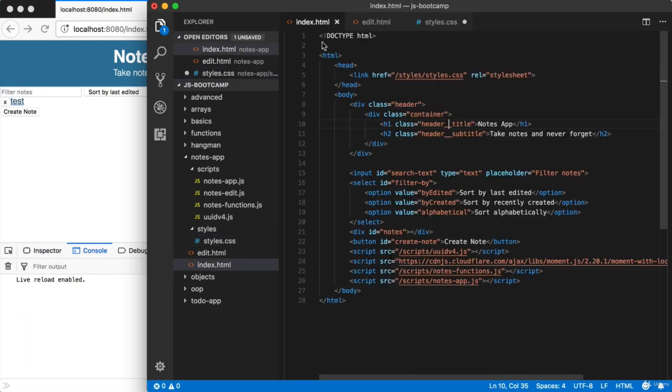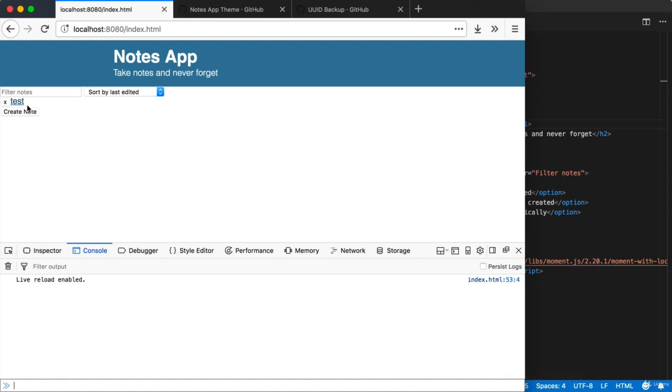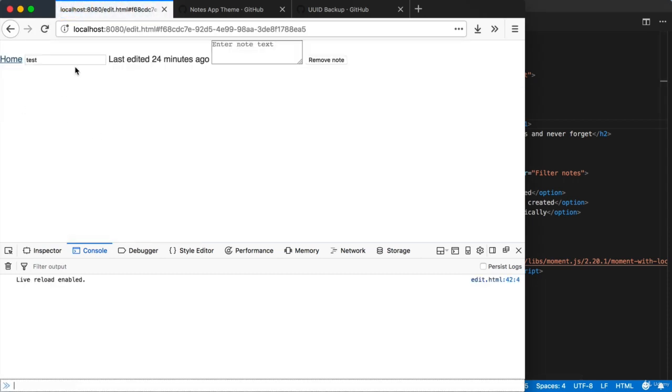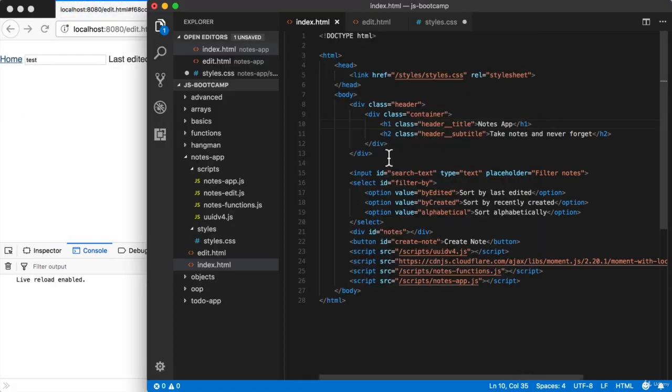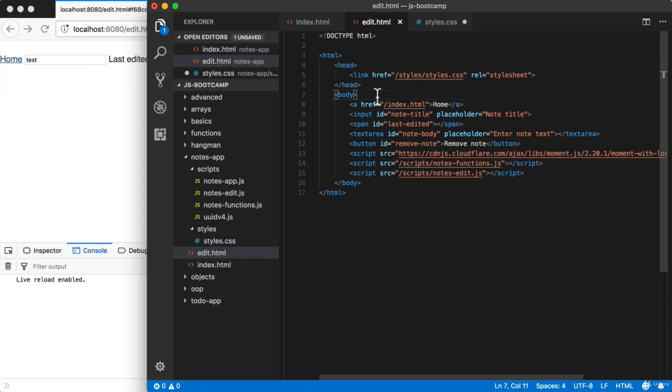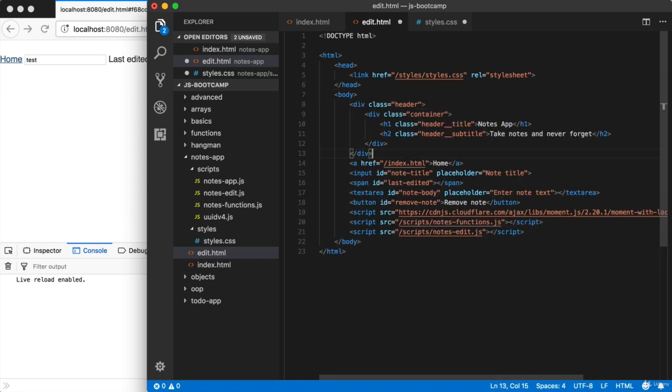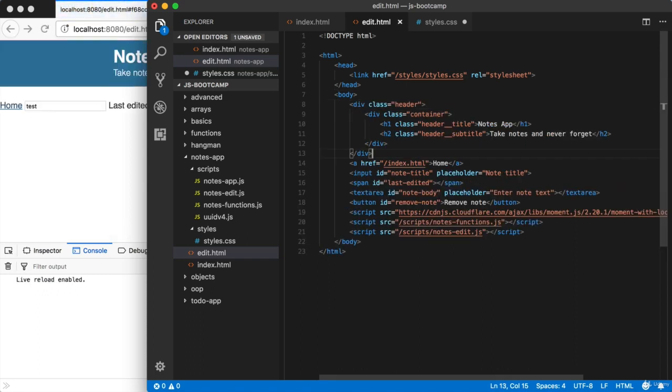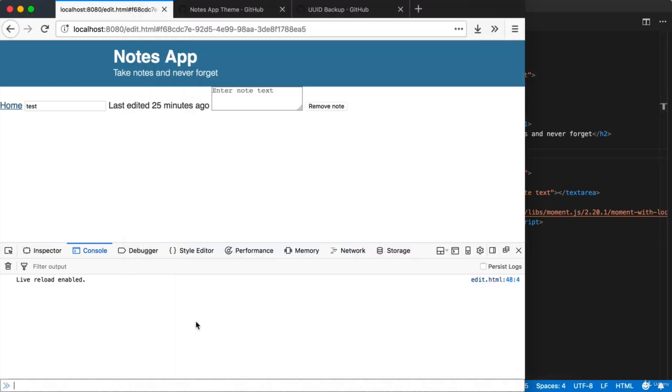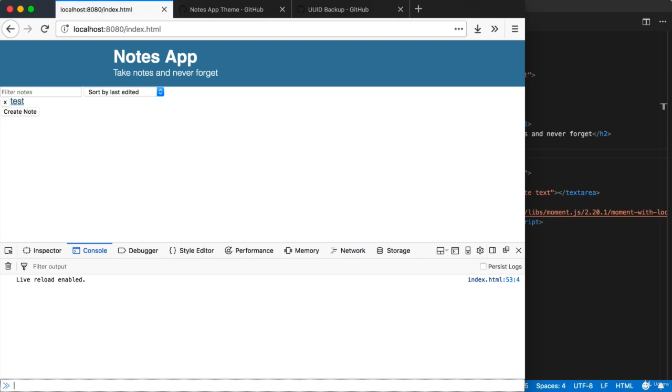So for the moment, we have our header all set up, and we actually want to take the header over to the edit page as well. Currently, there is no header over there. All we're going to do is take the div and all of its content, move over to edit.html, and paste it in as the first thing inside of the body tag. When I do, what do we get? We get our header showing up exactly the same for the edit page and for the home page, which is